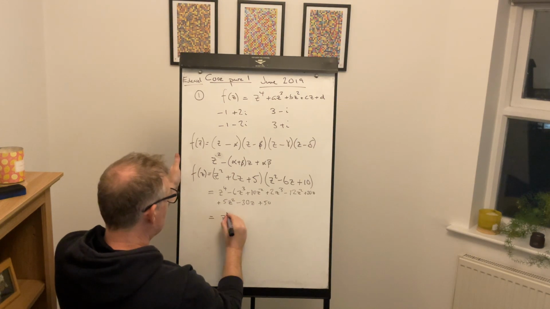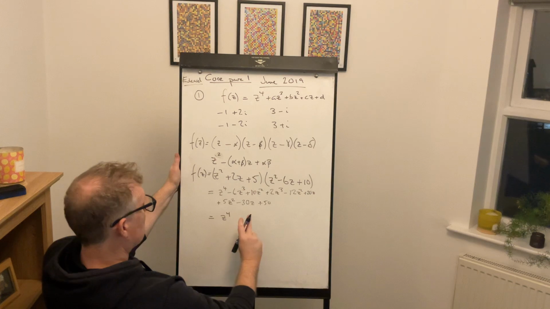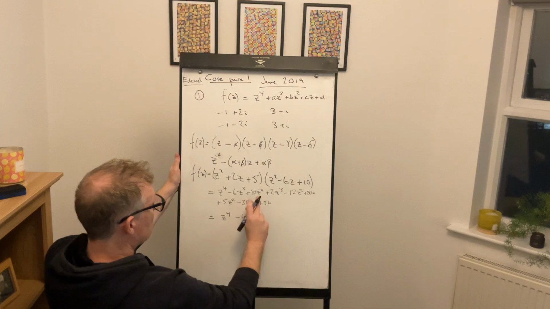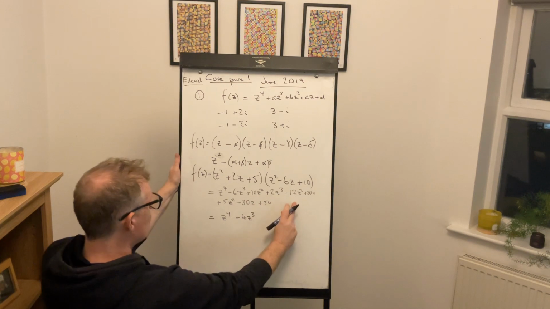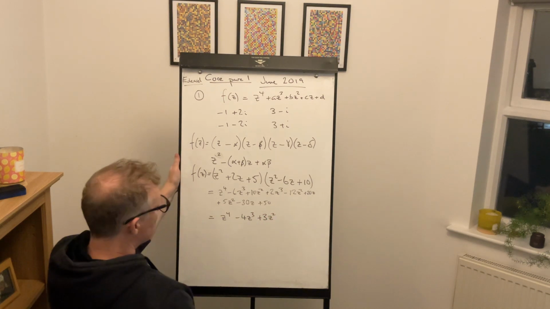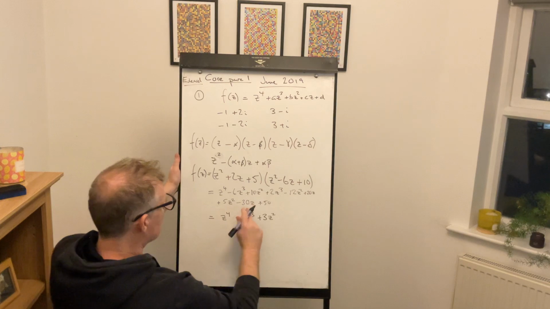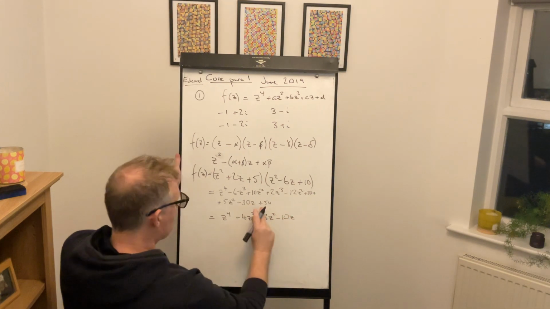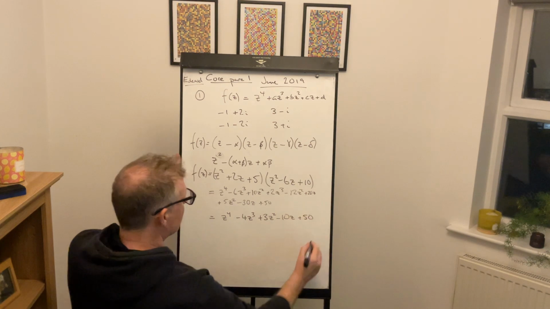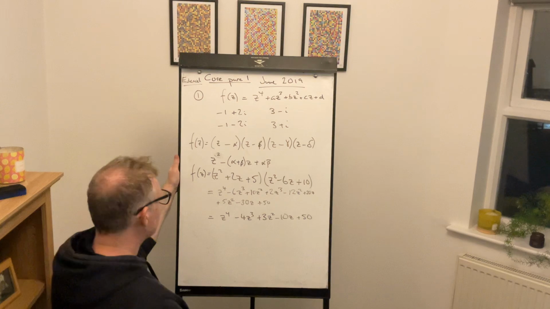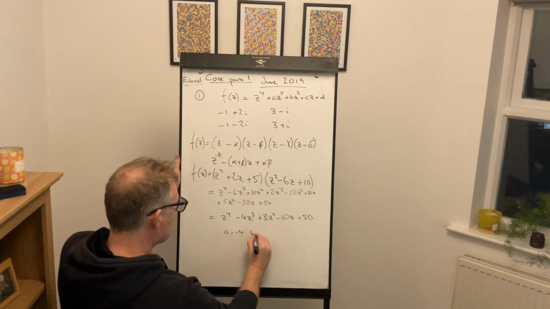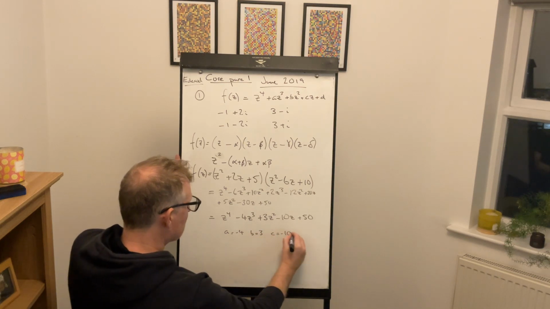Sorted out: z to the 4, cube terms, we've got minus 6, so minus 4z cubed. z squared terms, 10 minus 12, so minus 2, plus 5 there is plus 3z squared. z terms, 20 minus 30, minus 10z. And then we've got good old 50 on the end there. All done. Okay, so our a is minus 4, our b is 3, our c is minus 10, and our d is